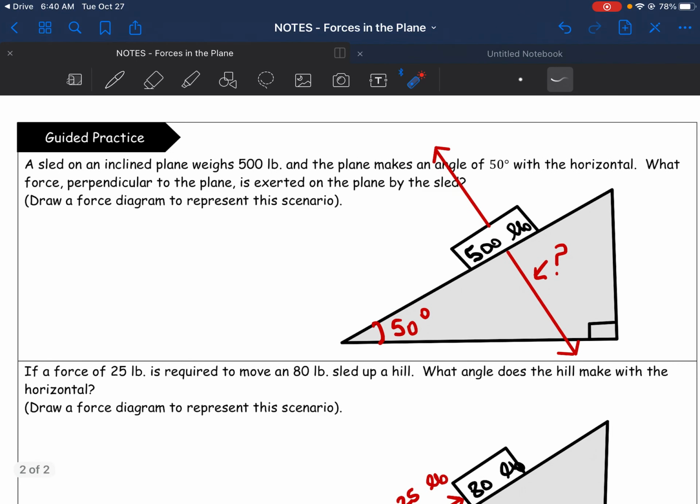In the next example, a sled on an inclined plane weighs 500 pounds, and the plane makes an angle of 50 degrees with the horizontal. So, 500-pound sled, 50 degrees with the horizontal. What force perpendicular to the plane is exerted on the plane by the sled? So again, we are looking for the force perpendicular to the plane exerted on the plane by the sled. So we are looking for